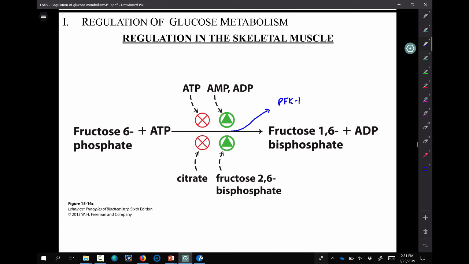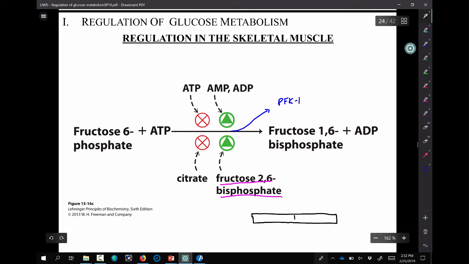I want to focus on the bottom half for right now, though, because I want to complete our little discussion on this guy right here, fructose 2,6-bisphosphate. We have been discussing how fructose 2,6-bisphosphate can either be made or broken down by the kinase domain or the phosphatase domain of PFK2, FBPase2. Skeletal muscle has that same enzyme in it. I guess I shouldn't say that same enzyme. I don't have a devoted slide to this, but I'll go ahead and draw this up. Something very similar anyway. It has this enzyme that has a PFK2 and an FBPase2 domain.